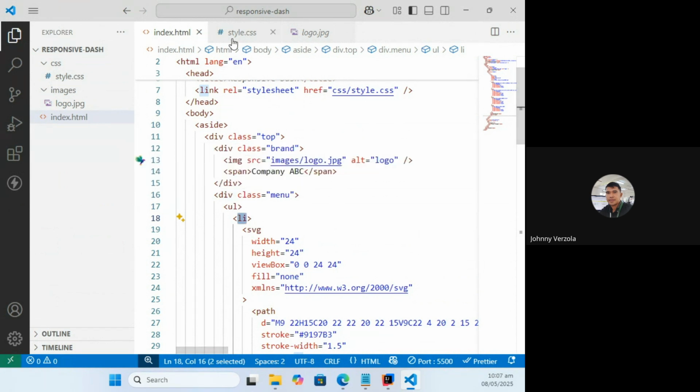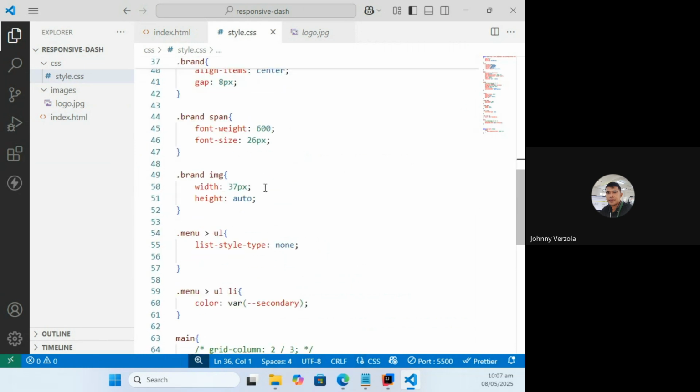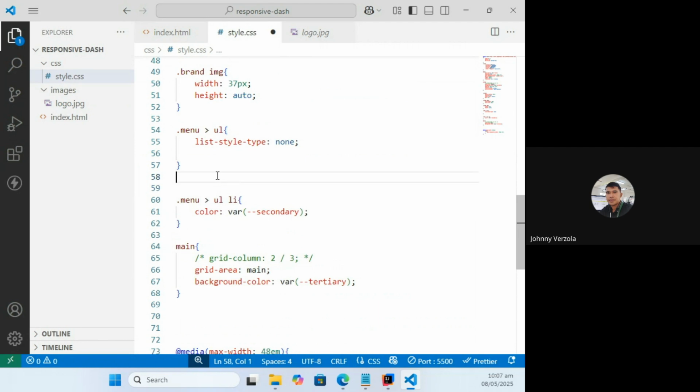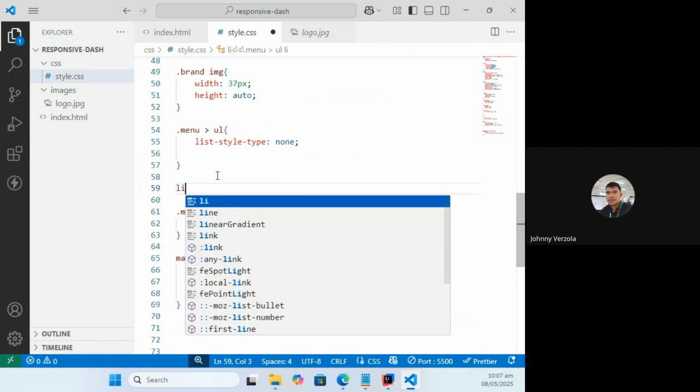Specific. Now, before I let you answer, I think I have it already there. Okay, this one. Now, it's important for you to understand that I cannot just make use of LI because that's less or least specific.